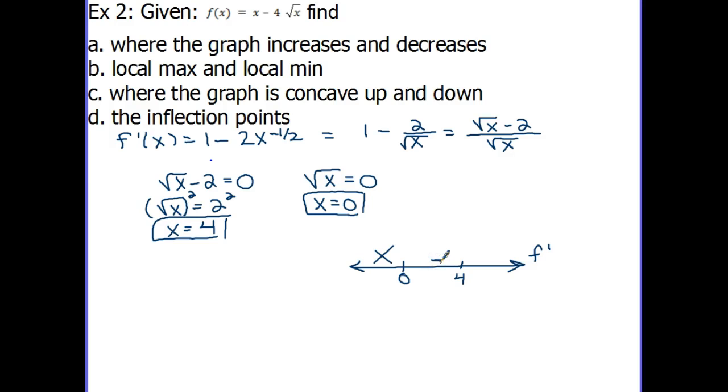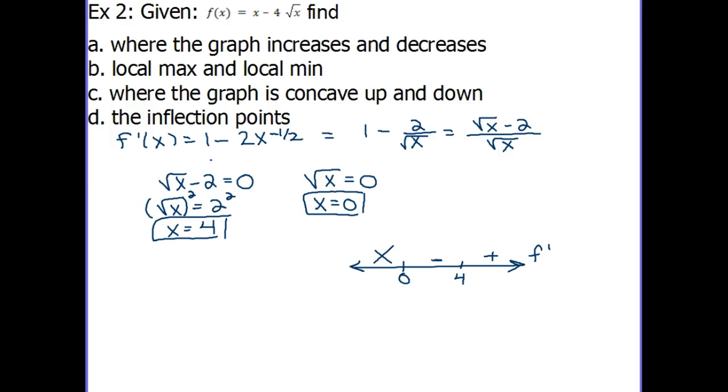Put in something bigger than 4, because you can pick any number you want. So if you pick 5, great, but in my head, I'm picking 9, because 9's a perfect square. So 9's easier for me: square root of 9 is 3, 3 minus 2 is 1, 1 is positive. You could do 49. Okay, so anything greater than 4 will be